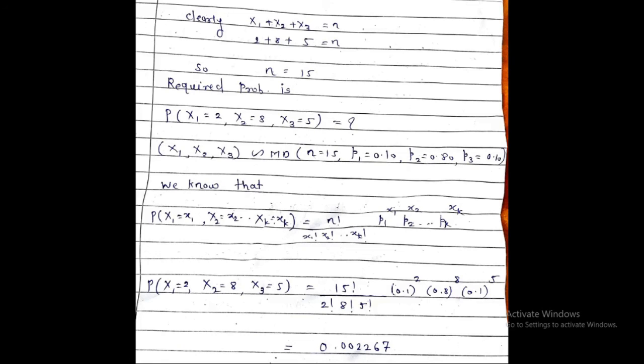In today's lecture, we have seen what is meant by the multinomial probability distribution and what the PMF of the multinomial probability distribution is. Also we have seen one example of the multinomial probability distribution. In the next lecture, we will discuss how to compute the mean and variance of the multinomial probability distribution. We will also discuss some important results based on the multinomial probability distribution.